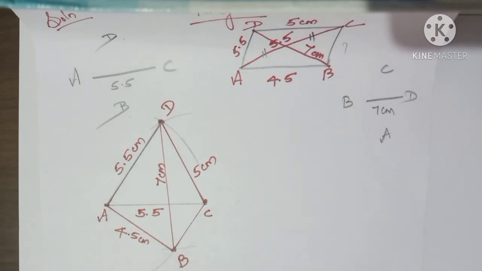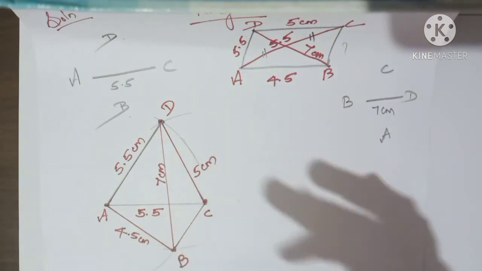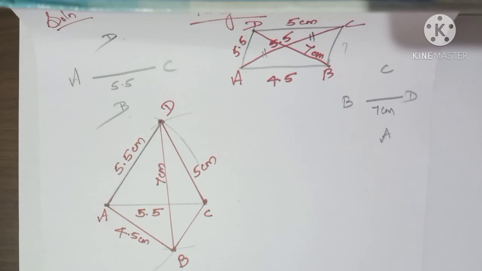Now in this chapter we have seen two methods. The first method is if 4 sides and 1 diagonal are given, how you will construct a quadrilateral, you all know. Today we have learned the second method. What is the second method? If 3 sides measurement and 2 diagonals measurement are given, how you will construct the quadrilateral, we have seen. Now I will show the homework problem. Same way you want to do the homework problem.